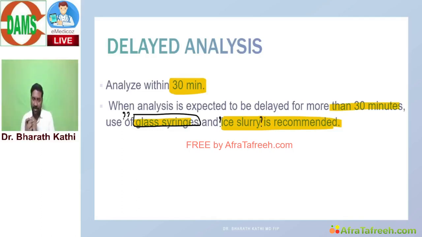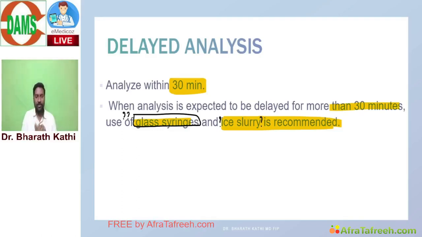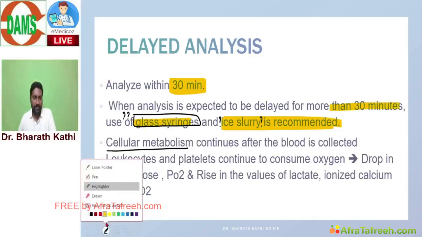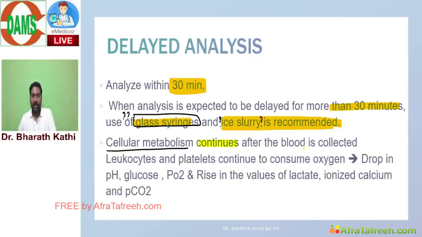You have taken blood and blood contains cells. If you keep the sample like that, these blood cells will undergo metabolism and can produce some false values. What are these false values? Because there are still live cells, cellular metabolism continues after the blood is collected. Problem is the cellular metabolism continues. These leukocytes and platelets will start consuming oxygen. Once they start consuming oxygen, what will happen? There can be